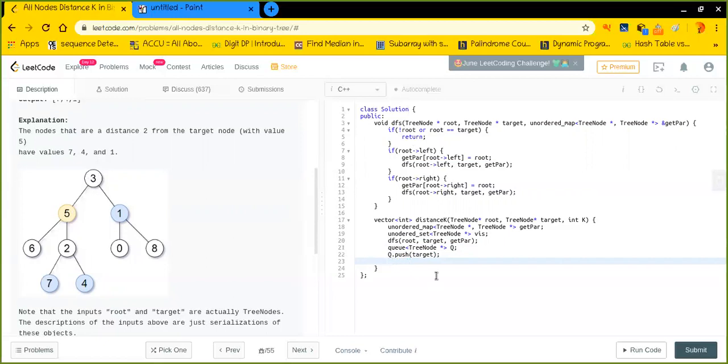So first of all, what I'll do here is I'll see, okay, if q is not empty and k is still greater than or equal to 0, in that case I'll first try to find out the size, because I just want to get all the nodes in the current level to be encountered.